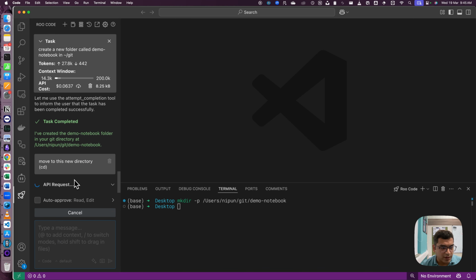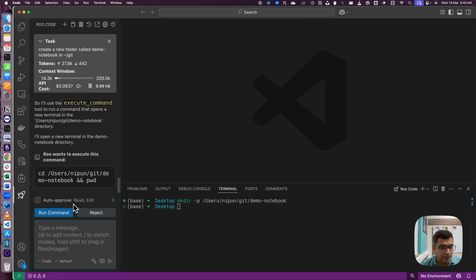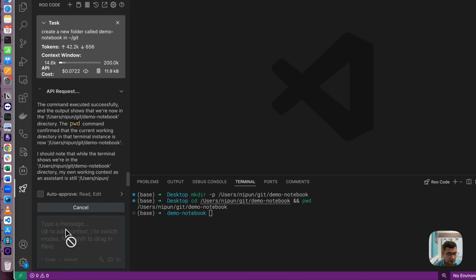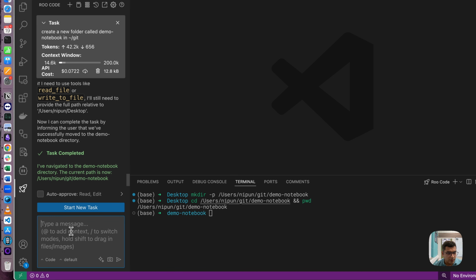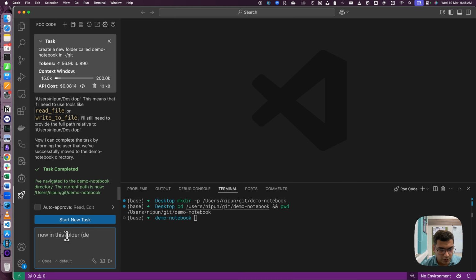Like we could have just done that ourselves, but let's quickly see the agentic capabilities taking us to that path. Okay, we can verify this. So what we now want to say is that now in this folder demo